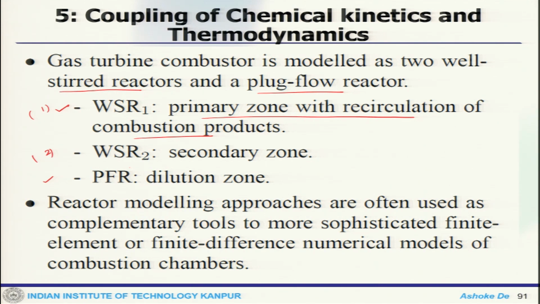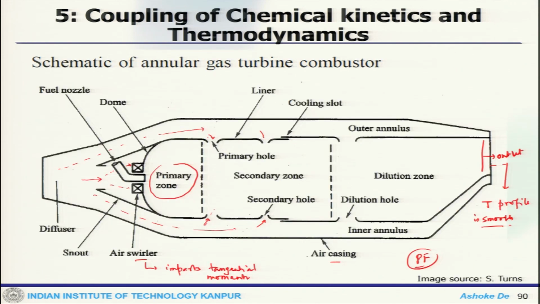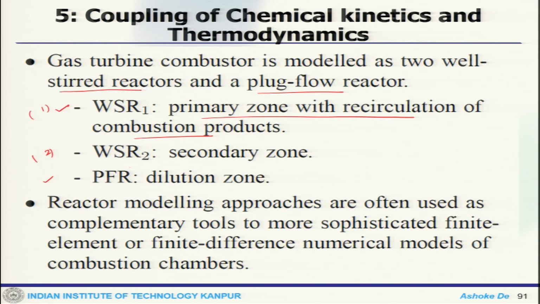These are things that one uses to simplify a complicated problem like a gas turbine engine. That gives you an idea of the application of these basic or fundamental reactors for modeling a complicated system. Though it is a simplified system, it can give you a fair amount of idea what goes